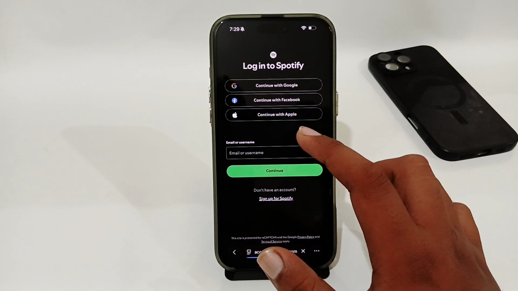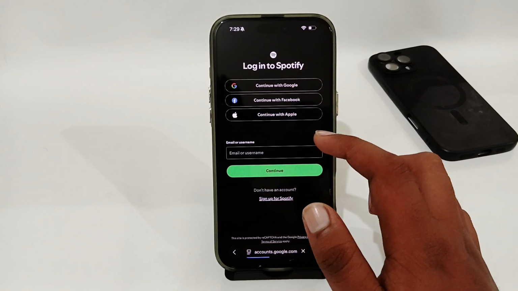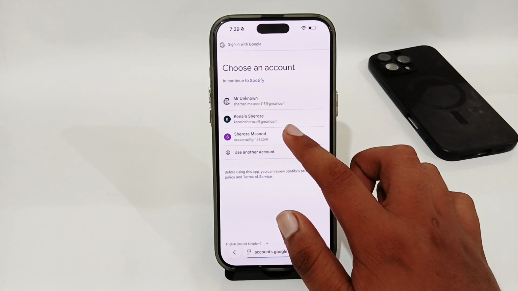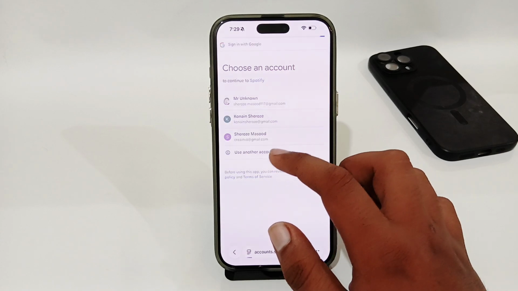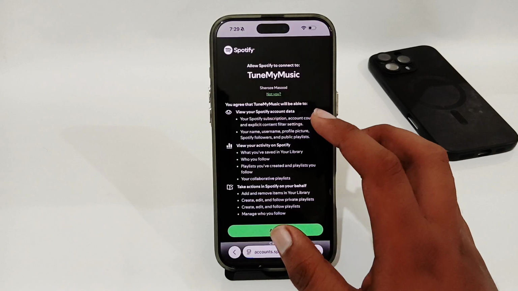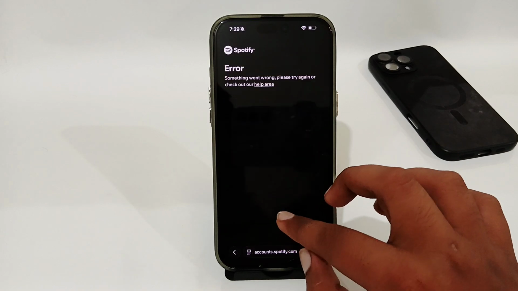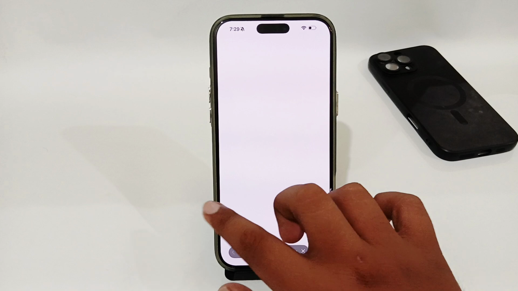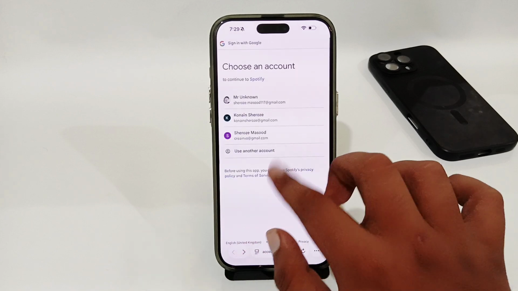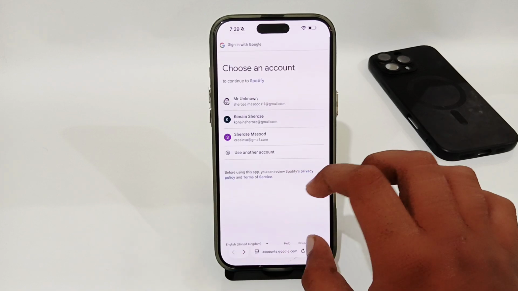In my case, I'm going to continue with Google. And here you have to select your account. Once you have selected, you just have to tap on the agree option and your account will be logged in. Once you have logged in to your account, what you have to do now,